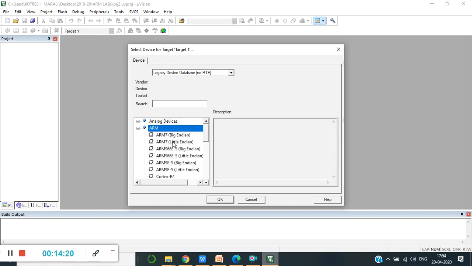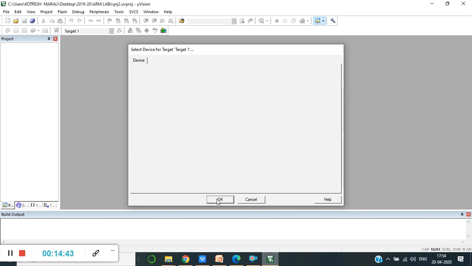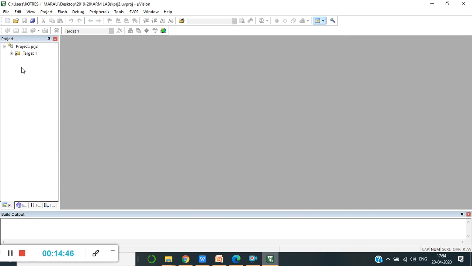Either you can go for Little Endian or Big Endian. In a later example, I'll demonstrate how Little Endian and Big Endian vary with respect to storage of data in memory. For now, for this simple example, I'll choose Little Endian ARM7, say OK. So my target has been created.